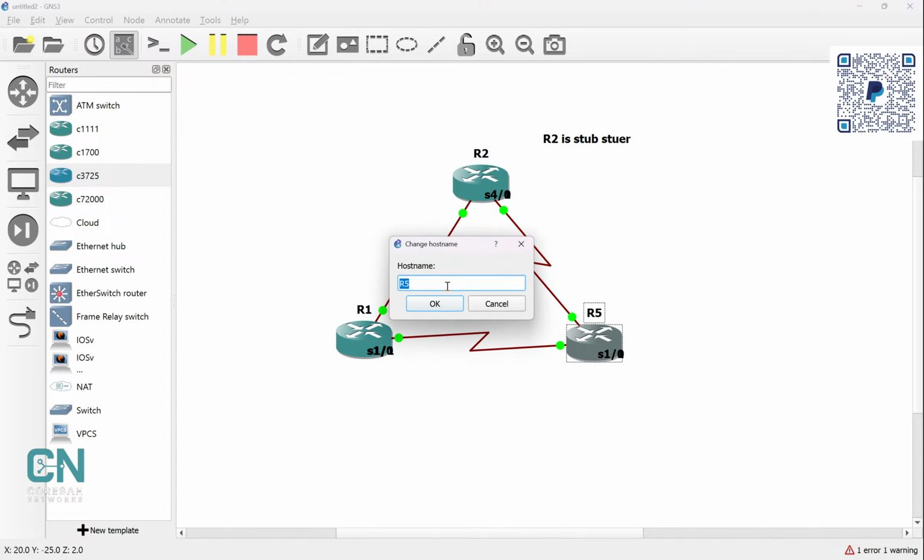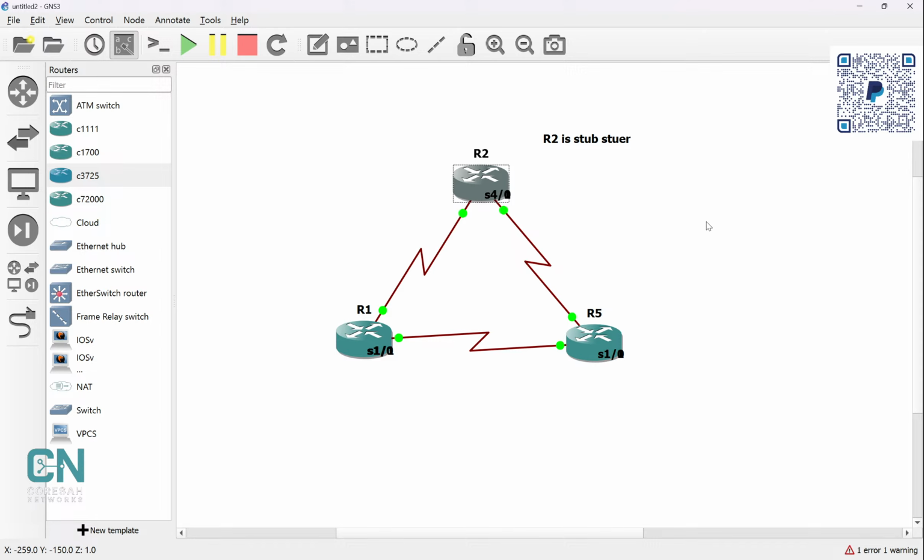This is R5, doesn't matter. Okay. In all routers, we apply the following configuration